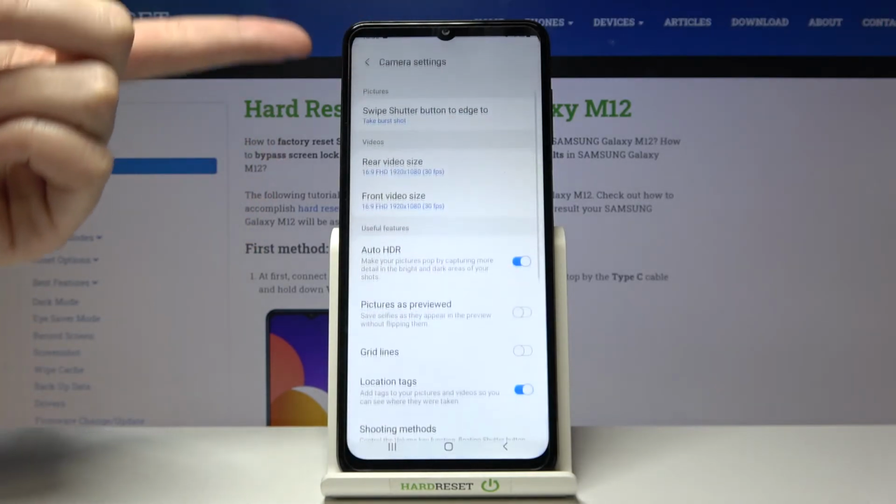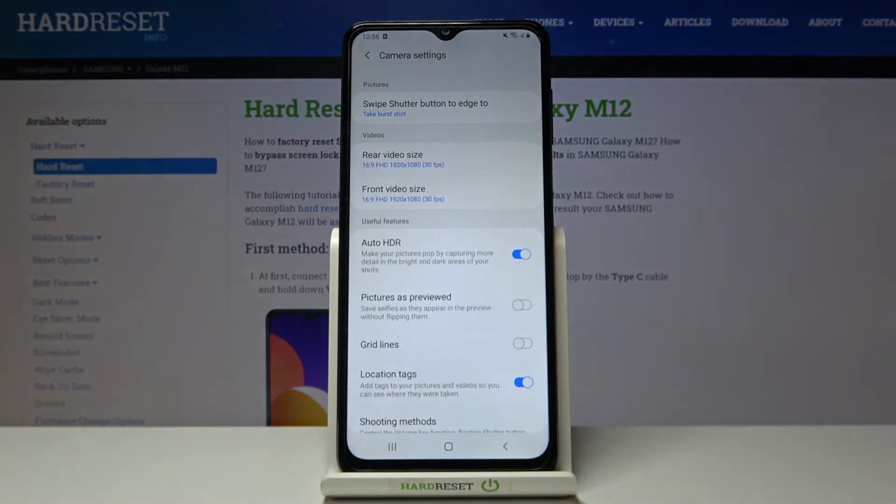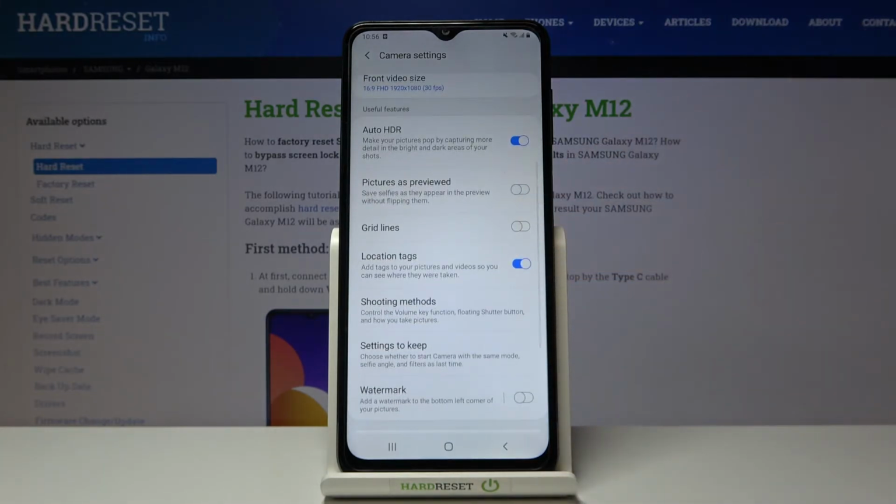When we pick it, we can open the advanced camera settings. Now let's slide a little bit to the useful features category, and here we have the pictures as preview option with short information from the device that this saves selfies as they appear in the preview without flipping them. By using this button we can turn it on or turn it off as we need,